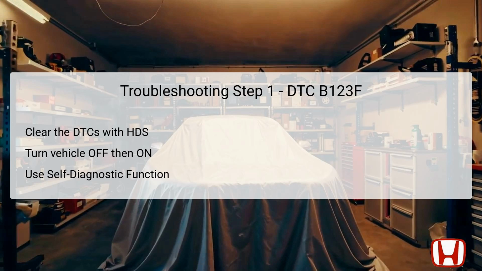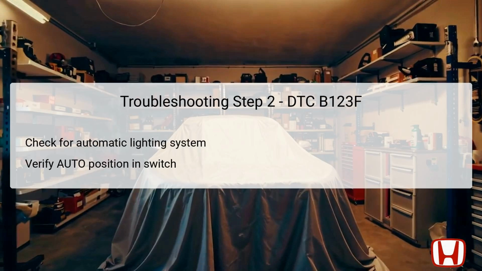Following this, initiate the self-diagnostic function using the HDS or the climate control unit, which checks for existing DTCs. This initial verification will help determine if the error is a persistent issue or a possible intermittent fault. It sets the groundwork for further investigation. In the second troubleshooting step,